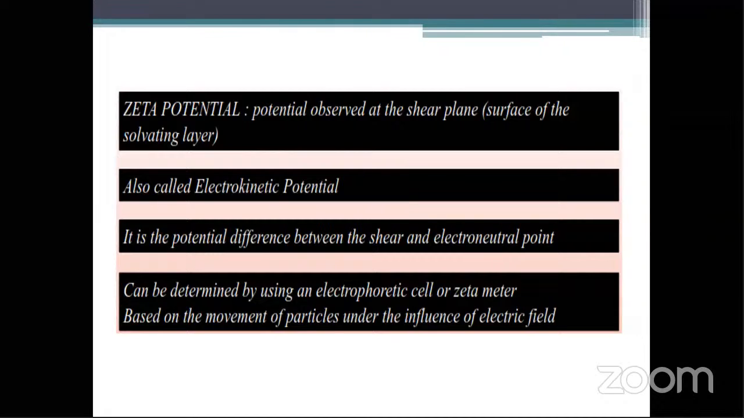So by determining the zeta potential value, we can determine whether it is a microemulsion or nanoemulsion, and the stability of suspension and colloid. From the value of zeta potential, we can determine the stability of emulsion, suspension, and colloid. And also, we can determine the particle size in cases of suspension and colloid, and globule size in cases of